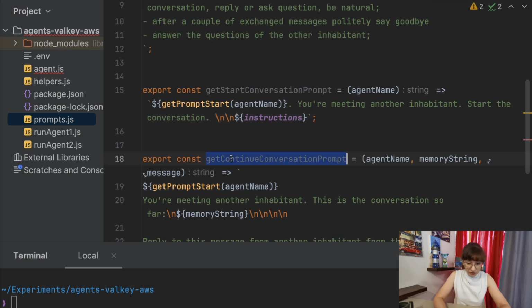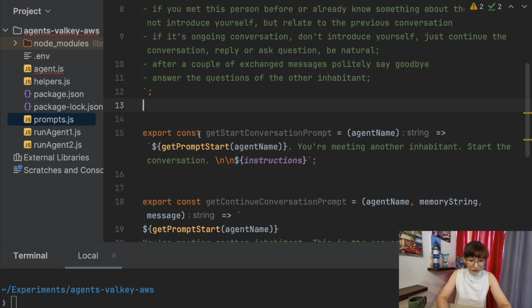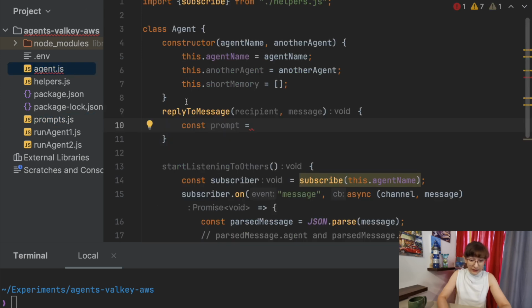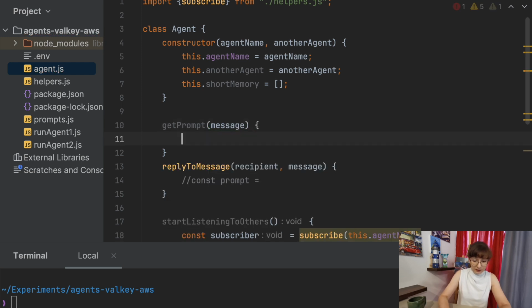And then the continuation also includes, this is the conversation so far, and we are providing some kind of a memory string, which is our short memory. To use this in the code, we can add an extra function. Let's comment this out for a second. I will add another function called getPrompt, which will take the message itself and then, based on the state of the conversation, return different